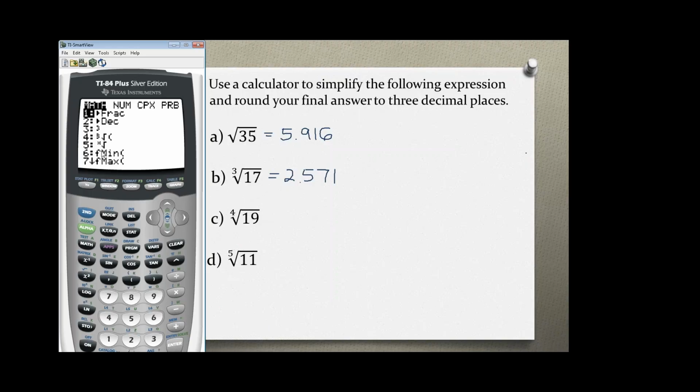But before you can use it, so let me exit this program by hitting second quit. You first will have to type in the index. In our case, the index is 4, and then I'm using the math function and choosing number 5. So now I have the 4th root of 19, and that gives me